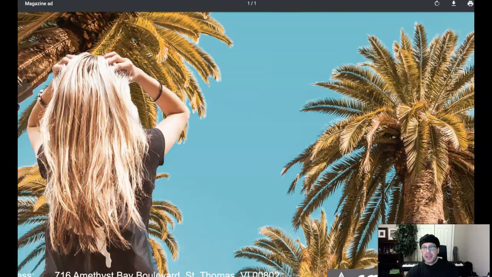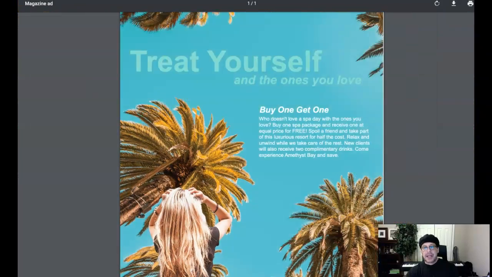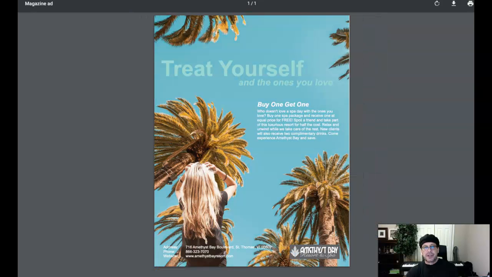I understand now. Plus, it's kind of an unusual configuration. The perspective is a little off because she's looking off into the distance, but the palm trees are up there. One would think that she would be looking up at the palm trees, right? So I guess what I'm saying is there is a little bit of uncomfortable tension with the image. Plus, it seems to be a little bit pixelated. So yes, go ahead and replace that.